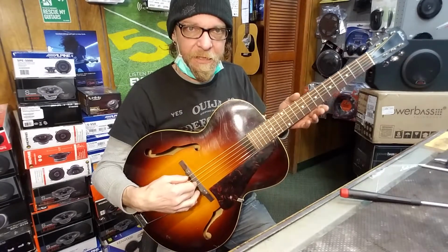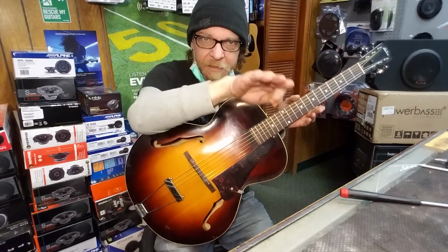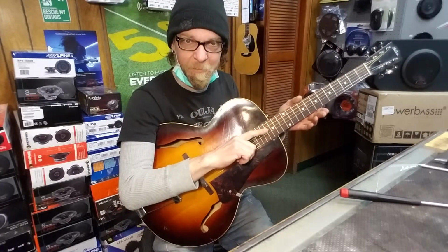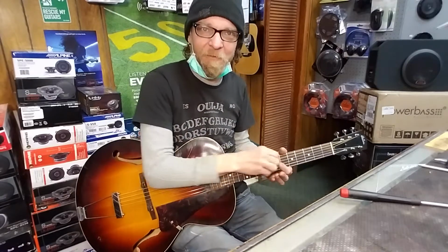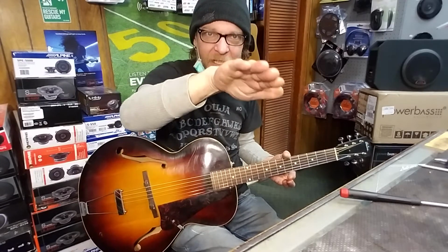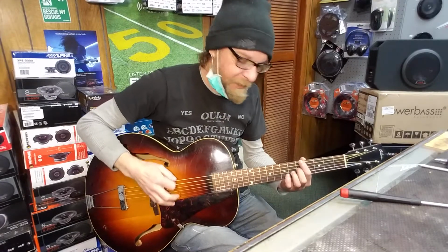Adjusted the intonation, adjusted the saddles to fit the neck radius, so the strings all curve over the neck as if they were made to do that, like a Les Paul. We don't want flat strings. Your strings shouldn't all be flat. They should follow the radius of the neck. So I've got this thing set up, and